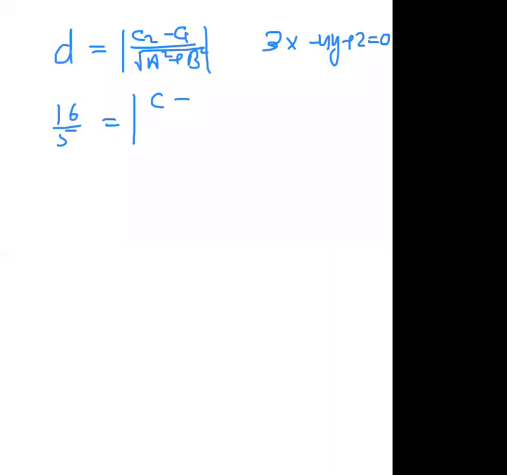So C1 is 2 upon under root 3 square plus minus 4 whole square. With this, we will be able to calculate the value of C, and that C we need to put into